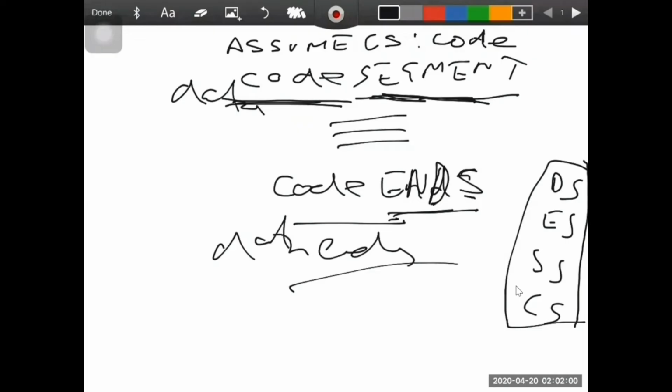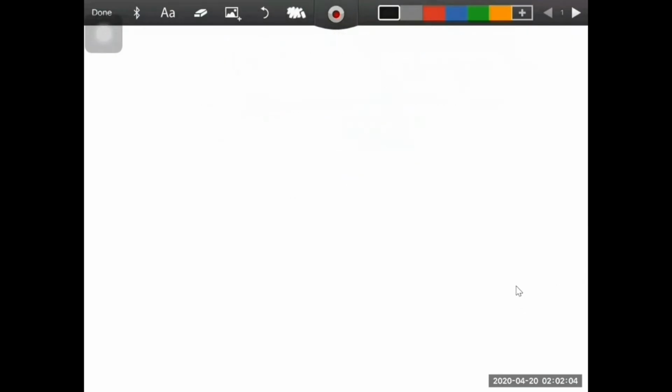Now next is alignment directives. In alignment directives, the first directive is EVEN. Now what does this directive perform? It performs the alignment of a memory address.